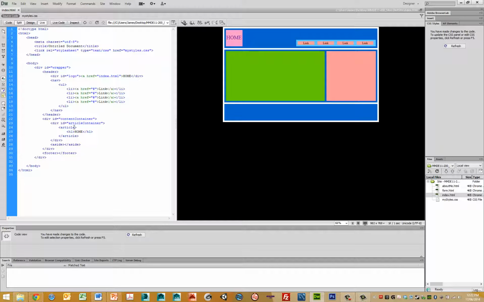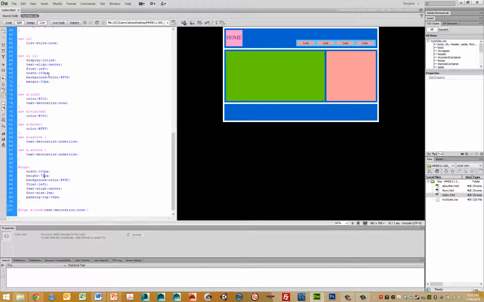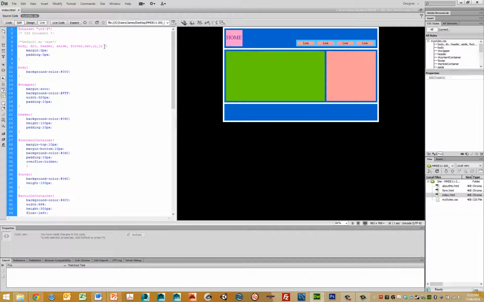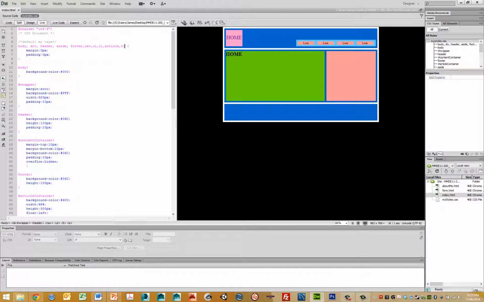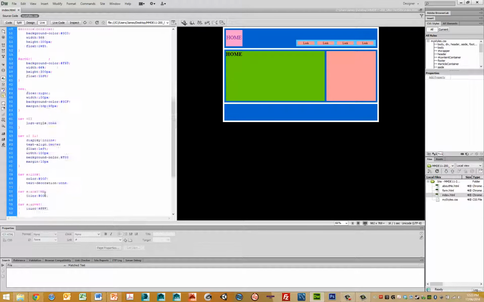So we've got to remember to add the article and the H1 to our defaults. So article and H1s have now been added to defaults, so we can see that all of the default information has gone there. The only problem that we've got now is that it looks a little bit funny around here,